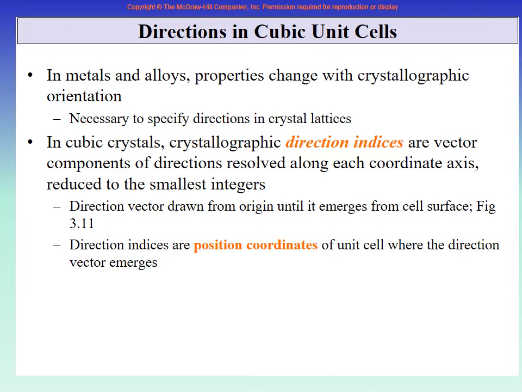And how do you find the direction? You take the coordinates of the last point and subtract from it the coordinates of the first point. So if you know the x, y, z of the first point and you know the x, y, z of the second point, then it is just a subtraction of the coordinates, and this is the direction indices. This is the vector that gives you the direction. So this is very, very simple. Therefore, direction index means direction, one of them. Indices is the plural. So x, y, z direction indices, and they are based on position coordinates that we just did. So let us see,